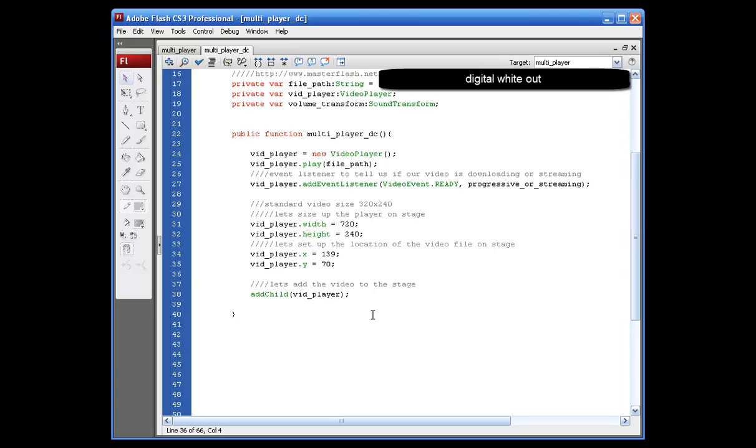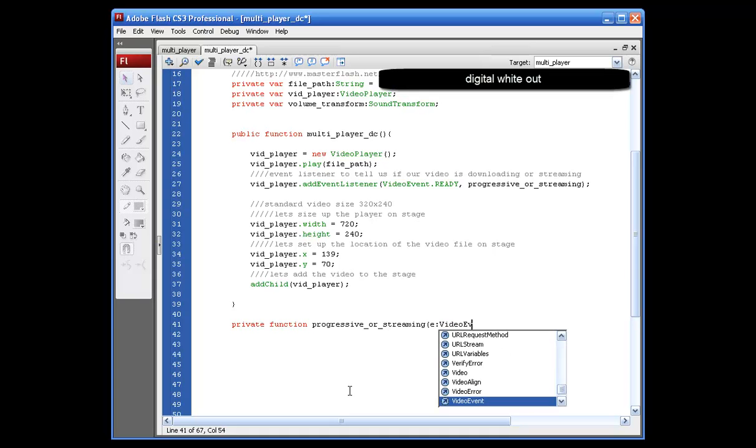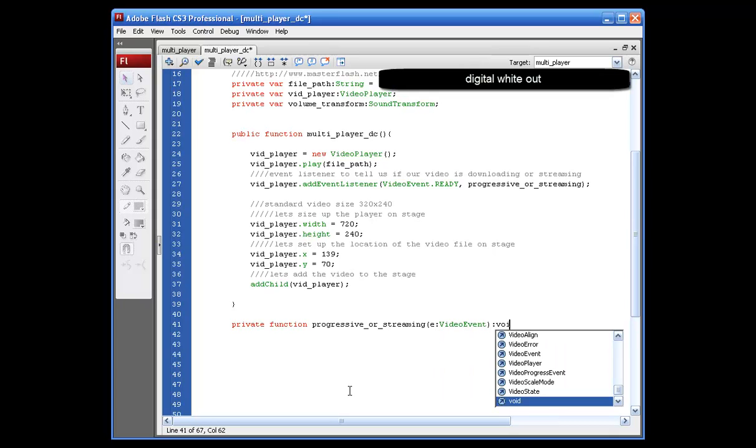What we have to do now is define our progressive or streaming so we can have the player tell us whether or not the video is going to stream. And this is a way for you to update viewers if they're watching and they want to know if it's video or streaming or downloading. So let's say private function progressive_or_streaming, opening parentheses, create a variable e colon VideoEvent, closing parentheses, colon void, opening bracket,